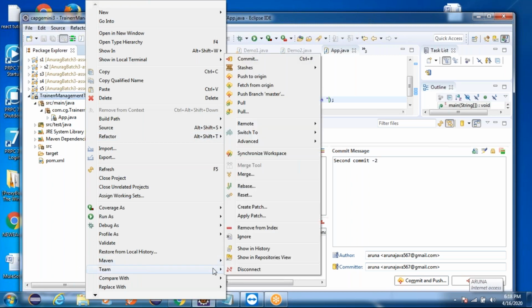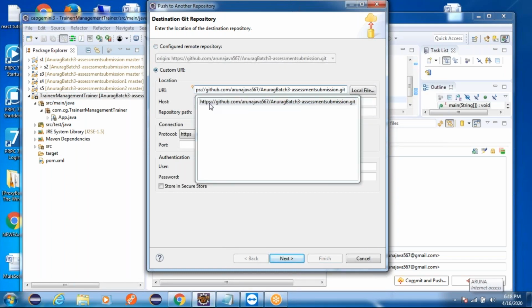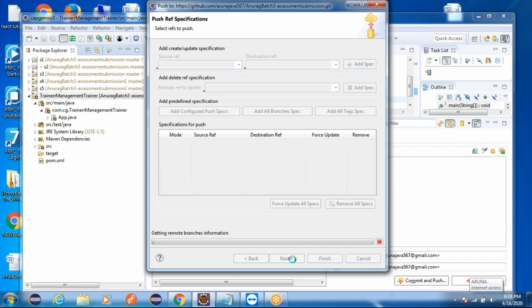You need to configure your remote repository. So right click, Team, Remote. In Remote, go to Push. Here you need to configure your remote repository. Click on custom URI. Go here, select your repo name. This is purely the remote repository from GitHub. Then give the credentials. Now click next.